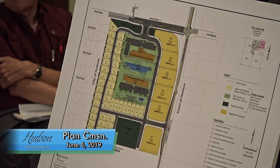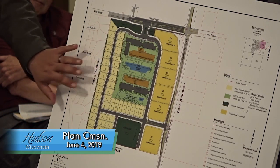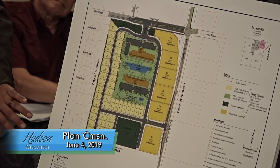What's the connectivity going west or going south? I understand one of those roads is the one that'll connect in the golf course. But going west, I see none. If there is one, it's right down on the bottom left. Like Pine Drive? Correct. Is that going to be the only interface with the existing street layout in that whole quadrant of town? Yeah, so currently there are no through roads that would otherwise allow us to connect on the western side, because you have a cul-de-sac on Jody Circle, you have a semicircle here with Ruby Road, and